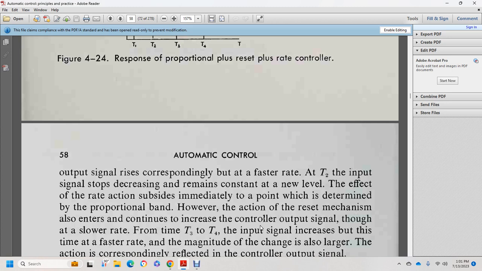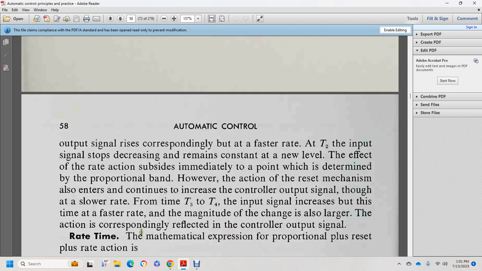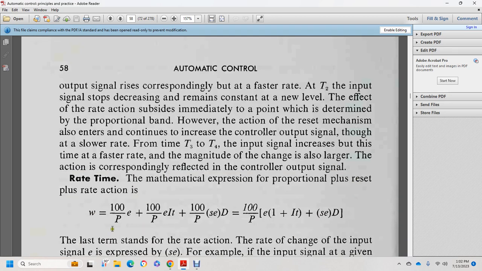Determined with the proportional bandwidth, however the action with the reset of the mechanism alters with the continued increase of the controller output signal at a slower rate with time. As the input signal increases faster, the magnitude of change is larger, and the action corresponding reflects the controller output signal rate time. The mathematical expression for proportional plus rate action: output signal is equal to 100 times the proportional band times